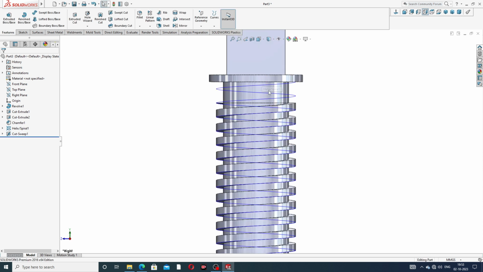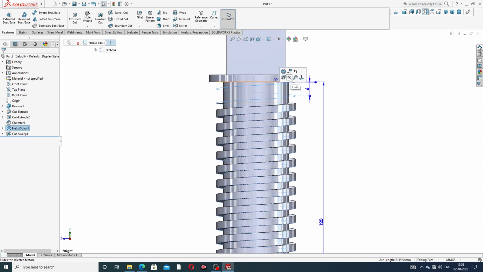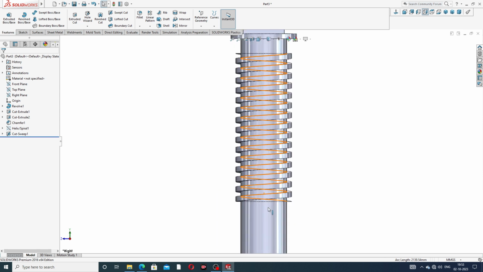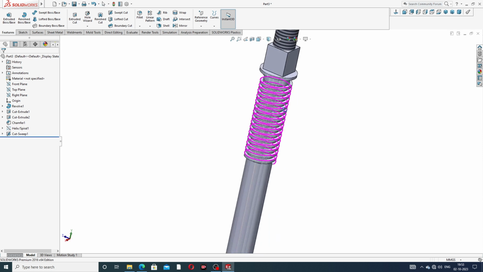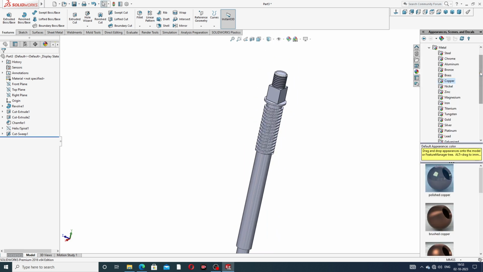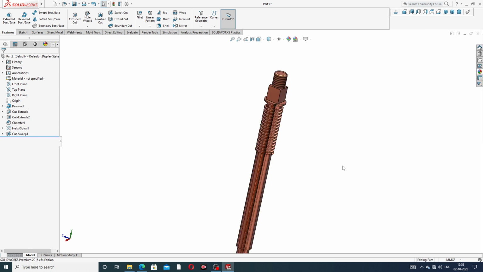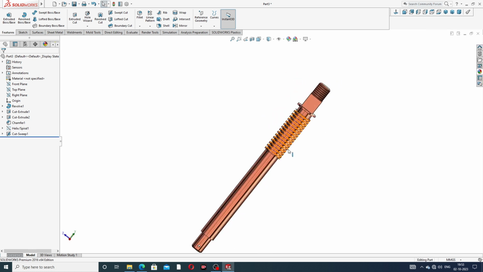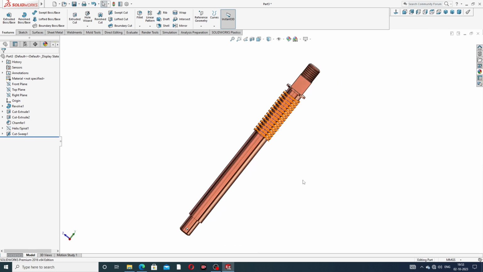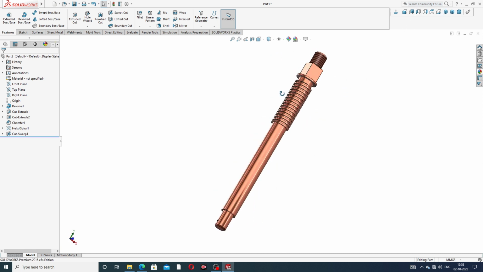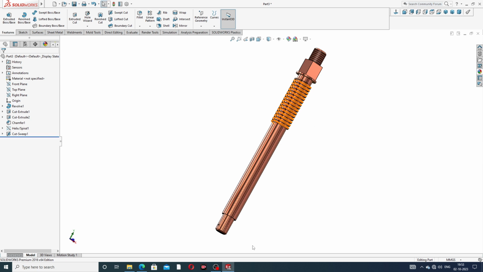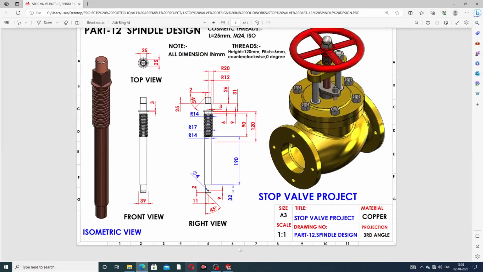And this line is a hide, and all is a perfect. Okay, all is perfect and correct, and material is selected, and going to this metal, and this use a copper is this. Okay, and all is a perfect and correct, and isometric view, and also perfect. Okay, and all point is one by one is discussed here.